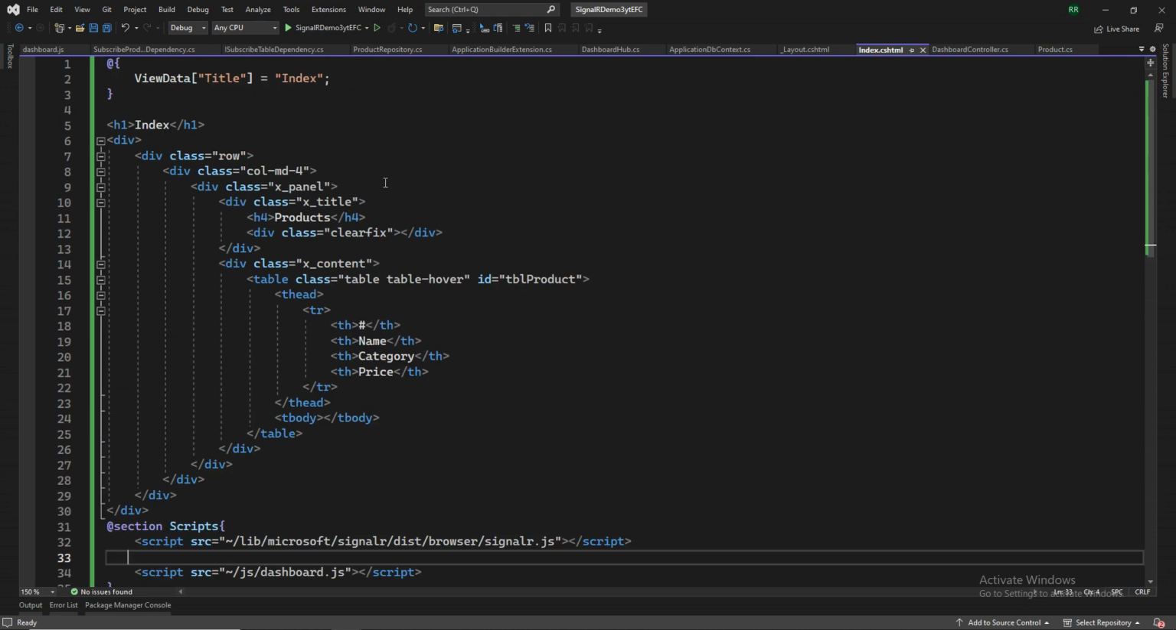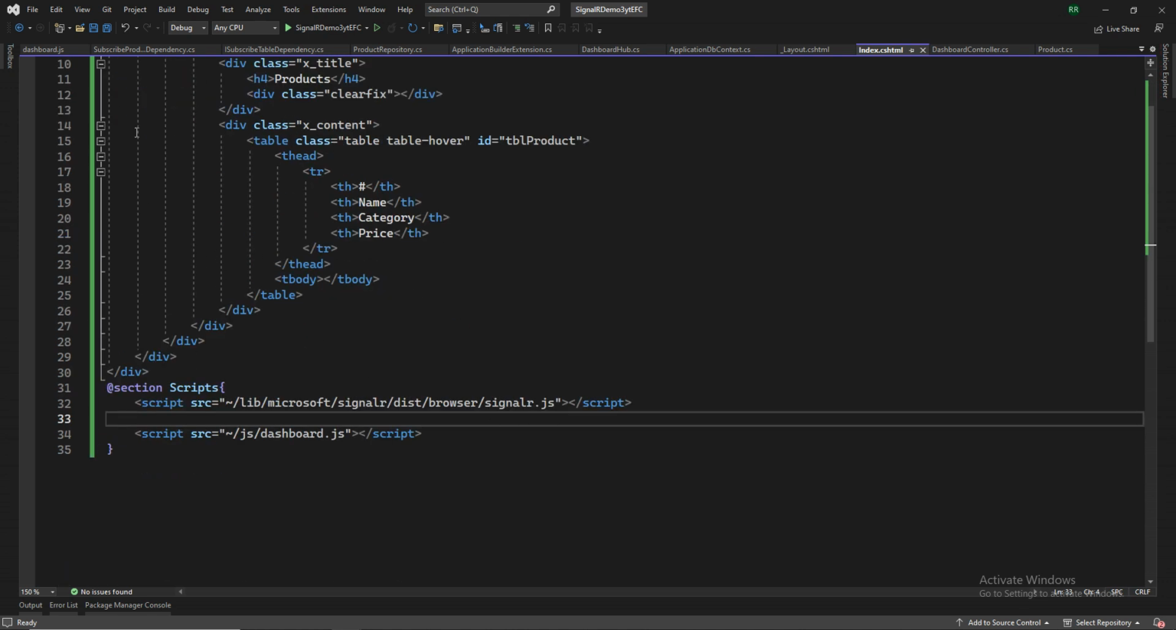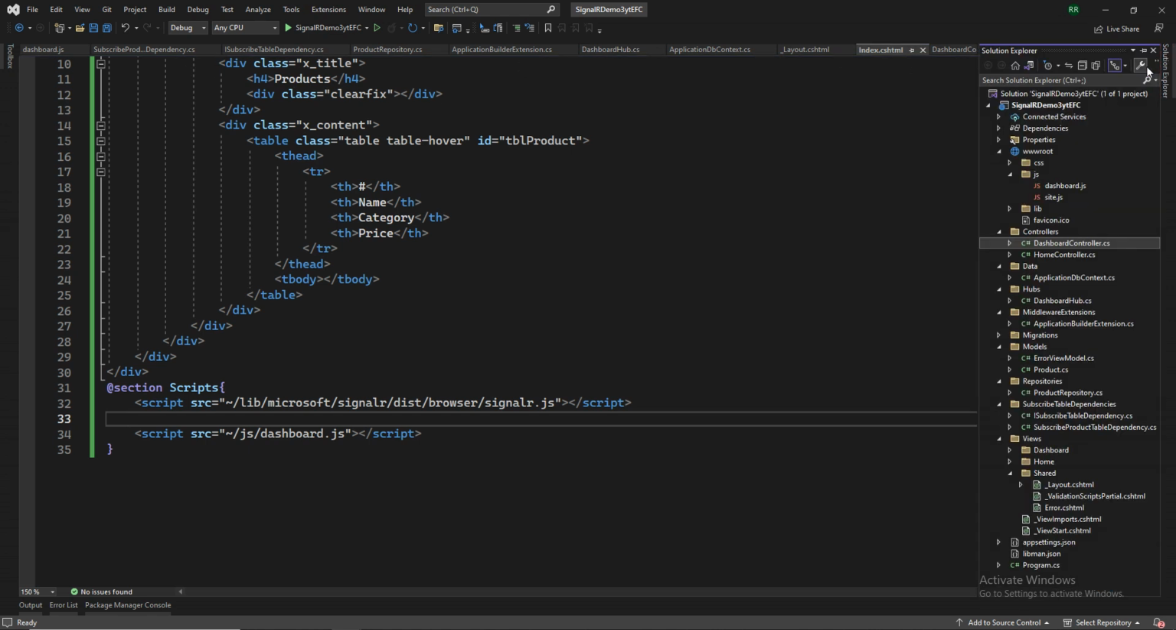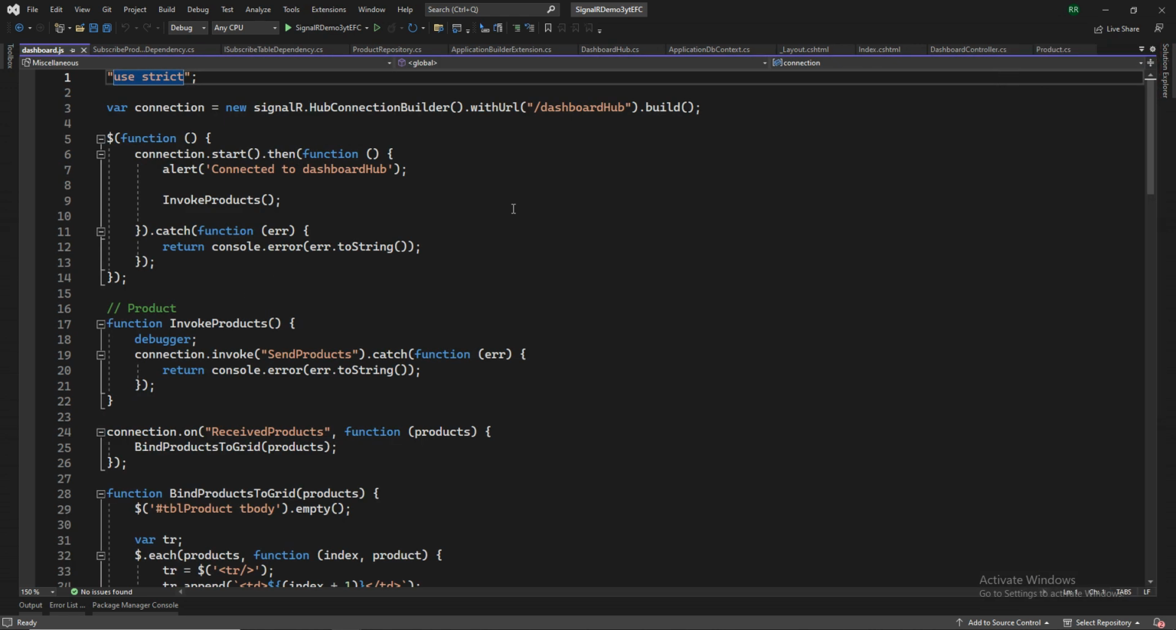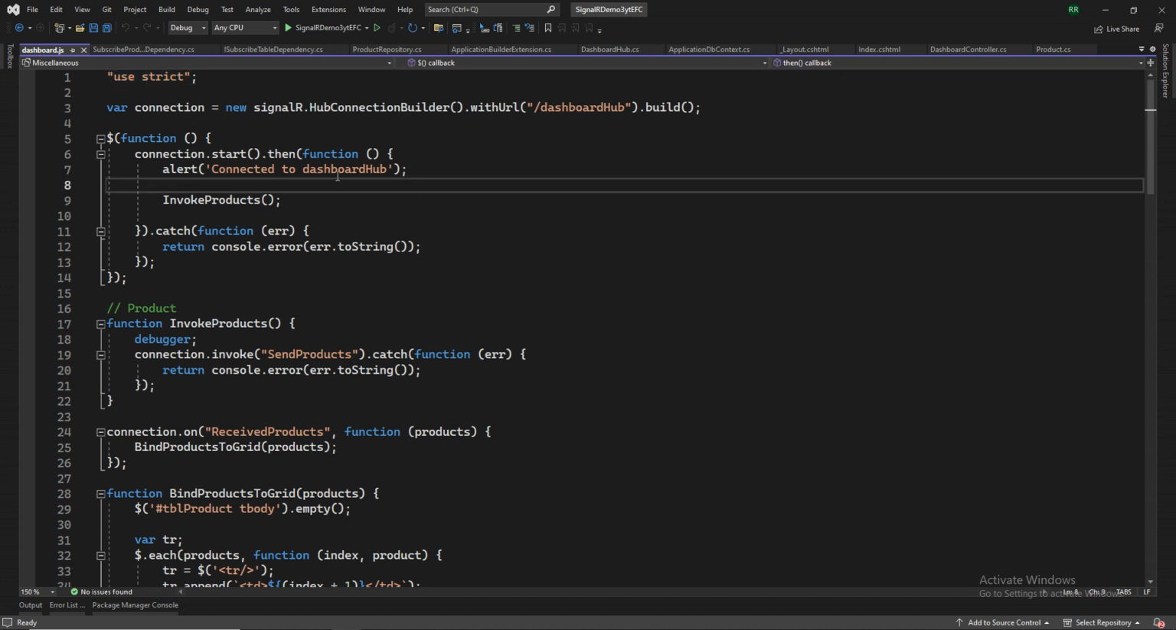This is what we need, and I will show you what we have in the script. In the script, it will first connect to the dashboard hub, and it will do an invoke. It will show us this alert message that it's connected, and it will do the invoke products. Now invoke products is we will do a connection dot invoke to the send products, and send products is in